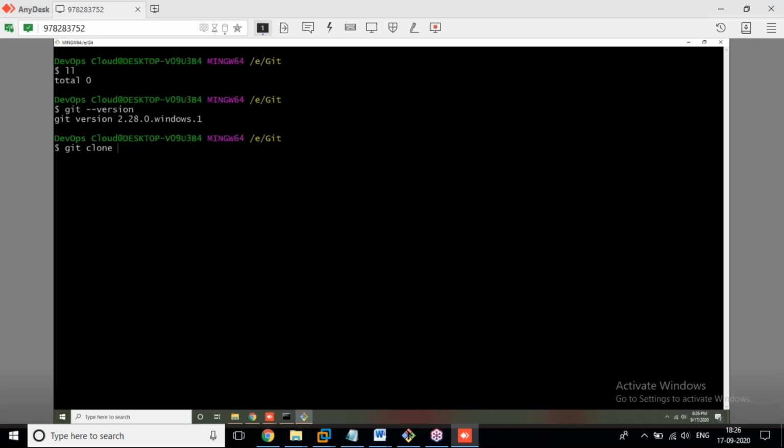Guys, keep in mind, I'm going to change the explanation a little bit from yesterday. Whenever you want to work with Git, you should apply the first command, git. I'm taking one example here.